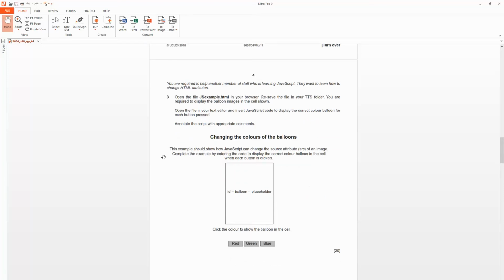So, what should happen? Before I look at the file, I will get a HTML page with a placeholder like this in the middle, a square like this in the middle. This example should show how JavaScript can change the source attribute, src, of an image. We'll be referring to this in the actual JavaScript as well, the src. Complete the example by entering the code to display the correct color balloon in the cell when each button is